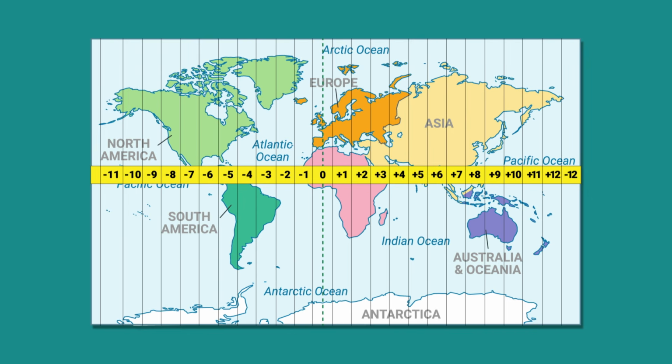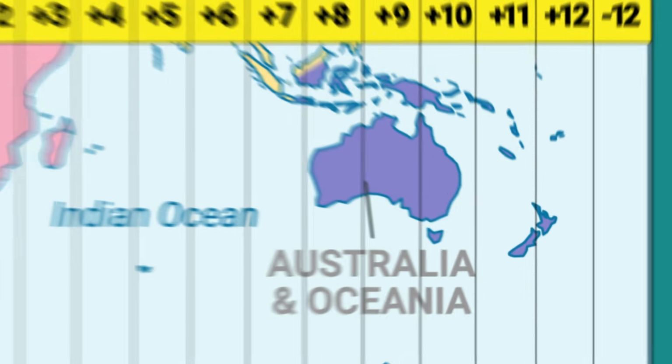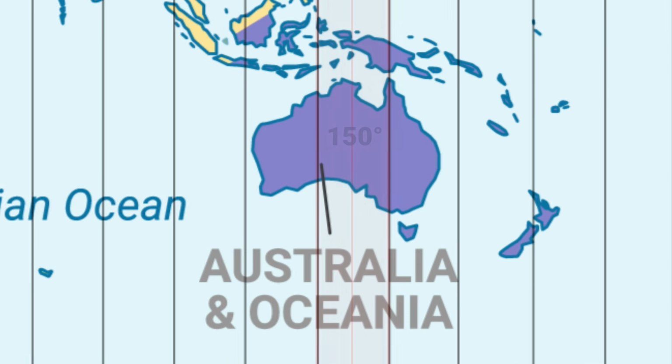Time zones are counted at 15-degree intervals from the prime meridian and extend 7.5 degrees either side of a central meridian. For example, Australia lies in the 150 degrees east central meridian and includes all locations between 142.5 degrees east